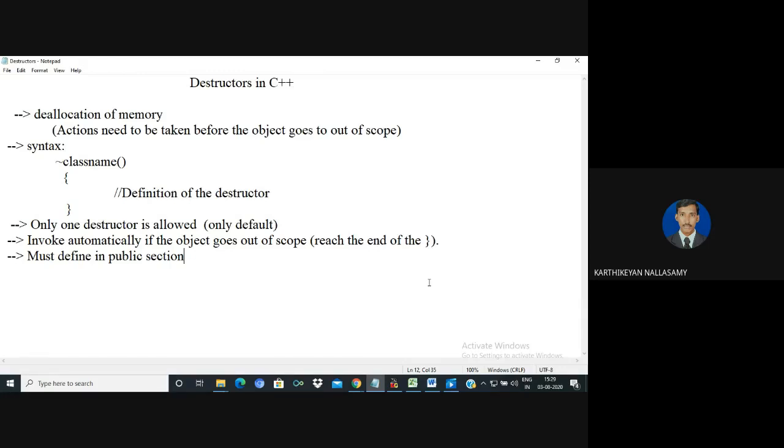So I think in previous videos, we had a discussion on constructors. We know that the constructors were assigning a value for the data member, so that whenever the constructor is invoked at the time of object creation. In the same way, we need some kind of action for when the object goes out of scope. It means that if the object goes out of the scope of its lifetime, then sometimes we need to take some actions. So in this situation, we can go for the destructor.